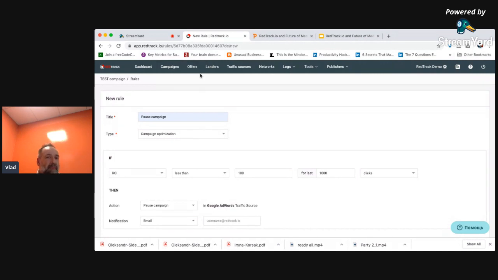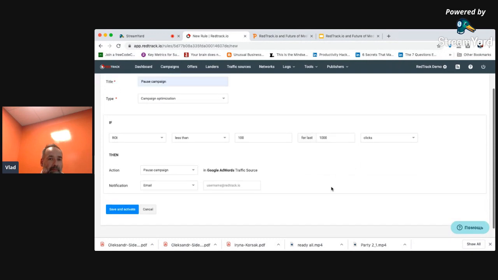Since we are integrated by API, we have tons of information about your accounts based on the IDs that we receive automatically for all your tracking URLs. So we know what campaign to pause, what placement to blacklist, what creative to pause, etc. when rules kick in. It's your goal and your best understanding how to set up these rules. So we encourage you to give it a try. See if the set of criteria is sufficient for you, and of course share feedback with us, RedTrack team, how we can improve this further.